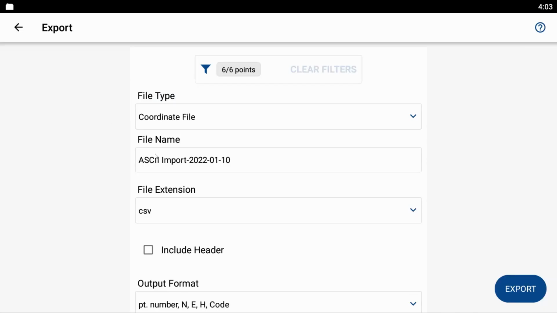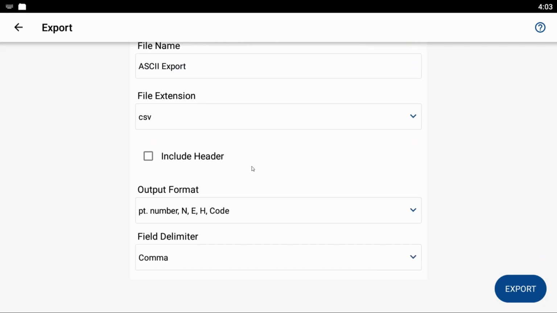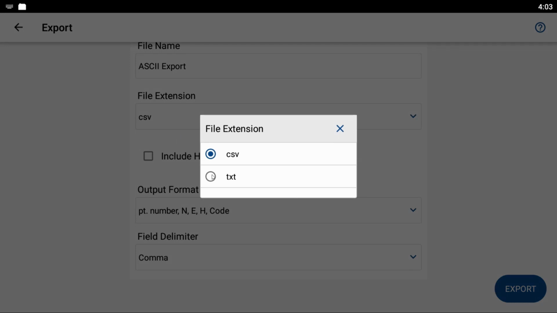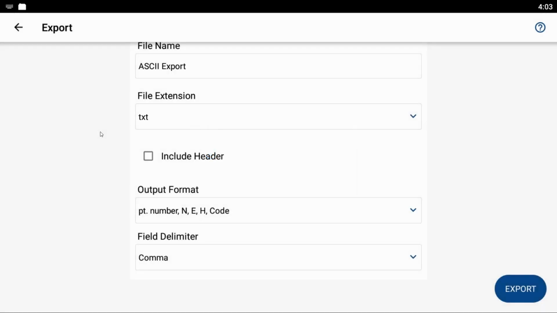And then you can see here, I can give this a file name. So let's call this the title of the video here. Let's call it an ASCII export. And then my file extension here, you can see that I've got an option for .csv or .txt. Either file extension basically does the same thing, but in this case, I'm going to change it to a .txt